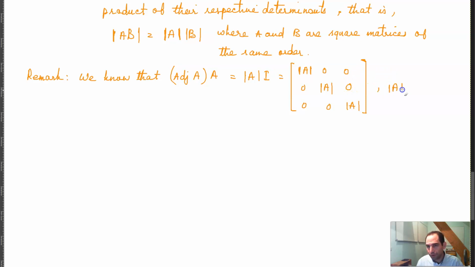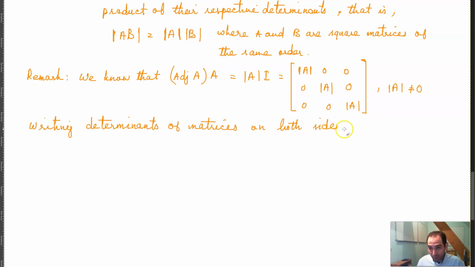Determinant of A not equal to 0, of course. Now, writing determinants of matrices on both sides. On both sides we have,